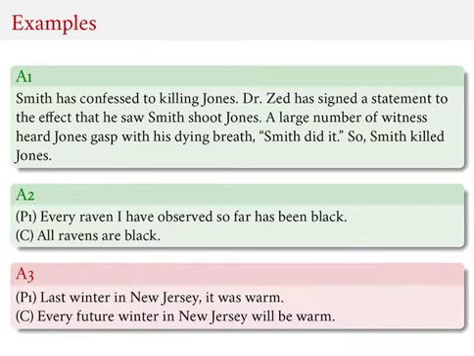And finally, to illustrate the point that inductive arguments can be more or less good, suppose I try to make the following argument. So I say, last winter in New Jersey, it was warm. Or suppose I say, the last 2 winters in New Jersey were warm. And then I conclude from that every future winter in New Jersey will also be warm. Now that has a very similar structure to the argument 2 here. However, this is not a very good argument. It's not a very good piece of probabilistic or inductive reasoning, okay?